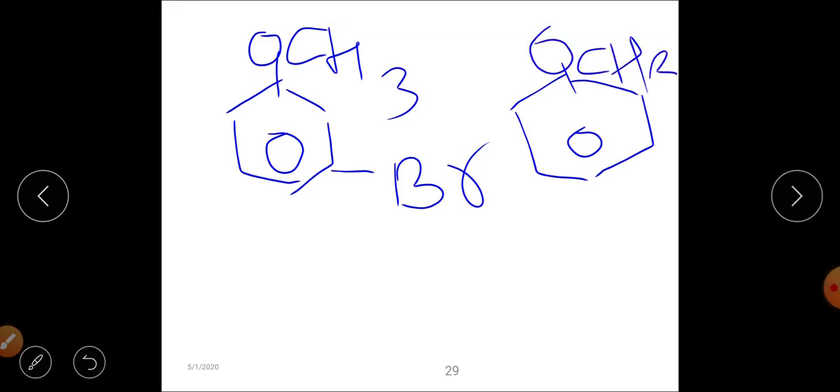So this is your orthobromoanisole. When both are subjected to the benzyne mechanism, means both are subjected to react with sodamide, NaNH2,